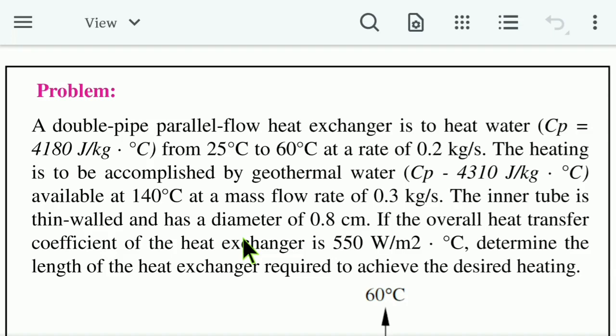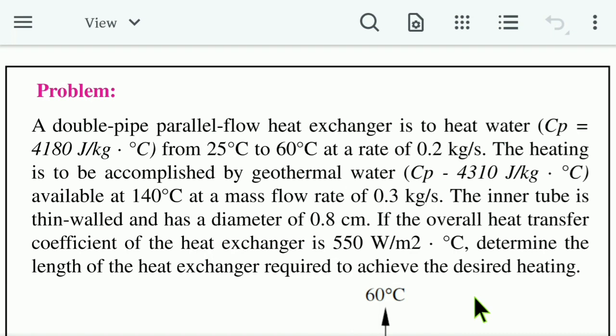A double pipe parallel flow heat exchanger is to heat water with Cp is 4180 joule per kg degree Celsius from 25 degrees Celsius to 60 degrees Celsius at a rate of 0.2 kg per second. The heating is to be accomplished by geothermal water. Cp means 4310 joule per kilogram degree Celsius, available at 140 degrees Celsius at a mass flow rate of 0.3 kilogram per